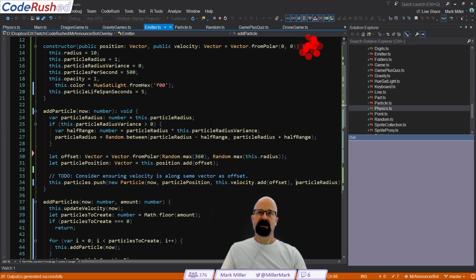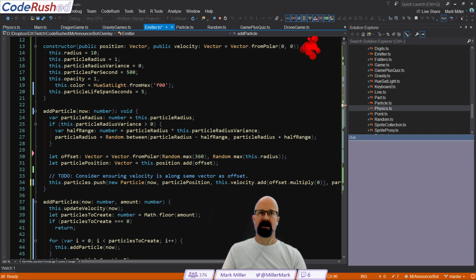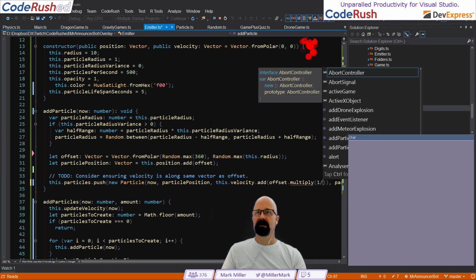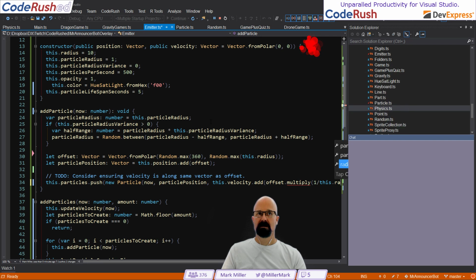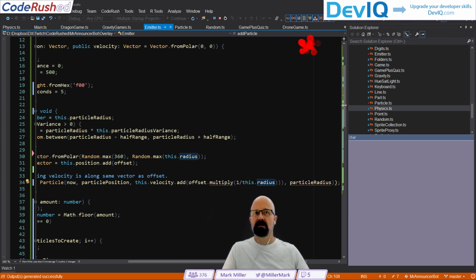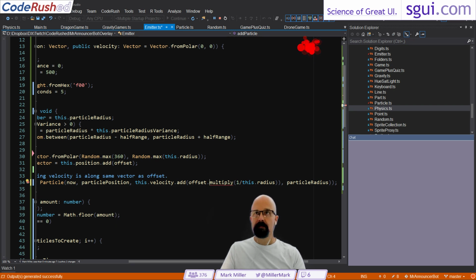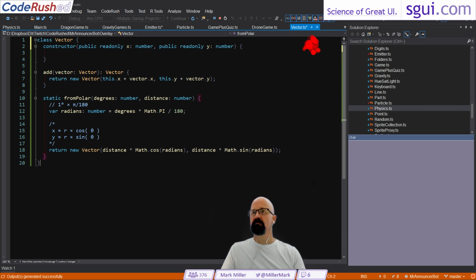So we could do this add, and you know what else would be neat, is to add a multiply, so we can reduce this by some particular fraction, maybe by 1 divided by this dot radius. So whatever this radius is, we'll multiply by some number. What's my problem here? What's going on here? Type particle. I think I just have an extra piece right there. Okay, so let's declare this in the vector, multiply. And multiply is going to basically just multiply both of these pieces by